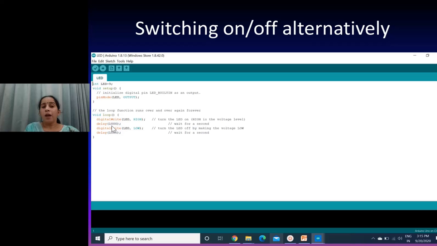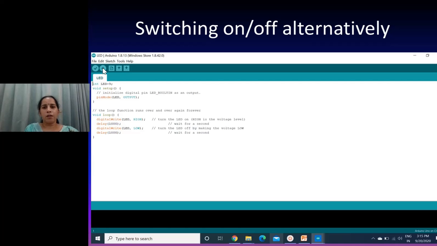Next, how to put this program into the Arduino. This is a shortcut to compile the sketch. After compilation, if there is no error, the second step is to upload the sketch from the laptop to the Arduino. The coding is to be done on your computer.